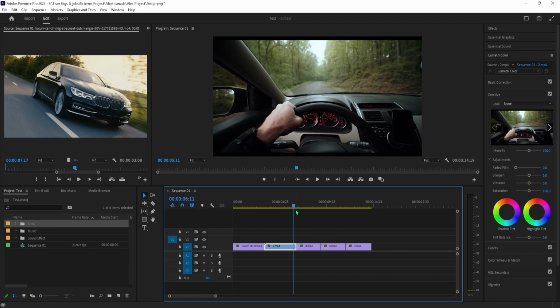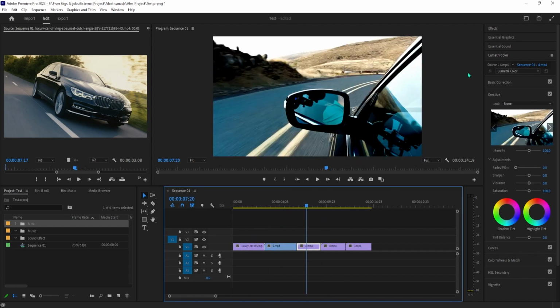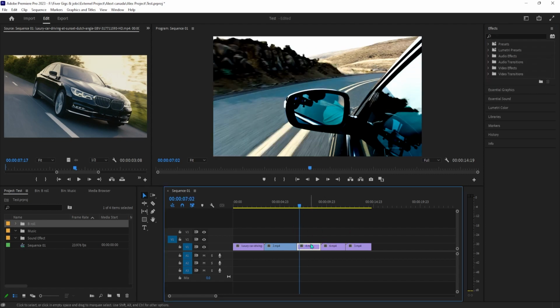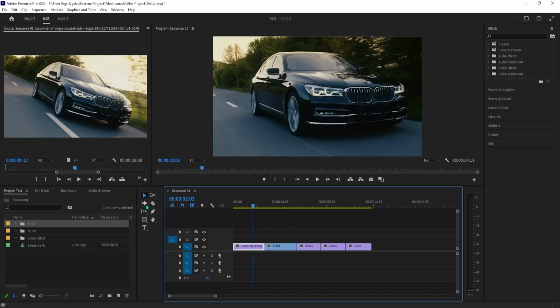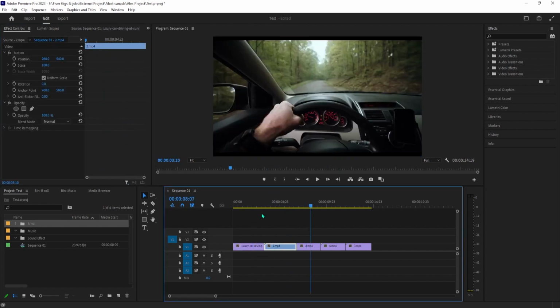So now that we have these clips on the timeline, I'm going to show you the very basic tools that you're going to use in your editing workflow. The first one is just the selection tool. You can basically drag things around with that, click on anything, change the effect controls of any clip, which I'm going to go into a little bit, and you get that tool by clicking on your keyboard or by